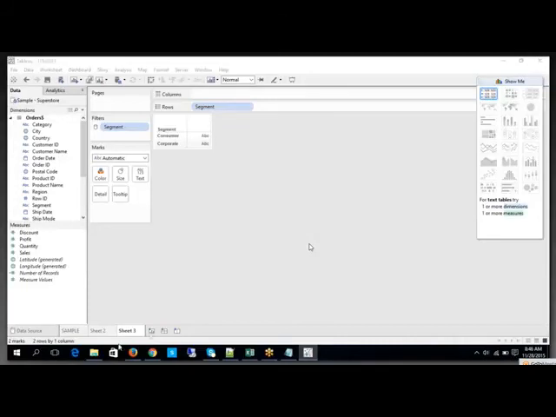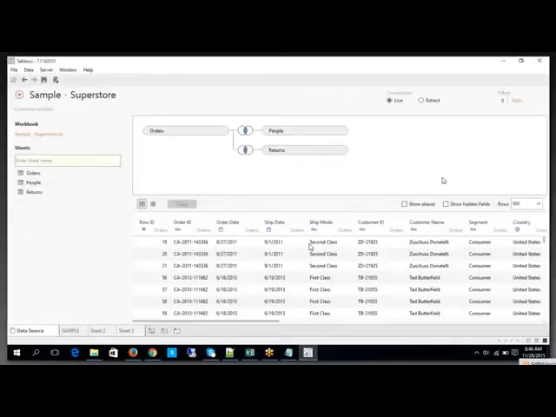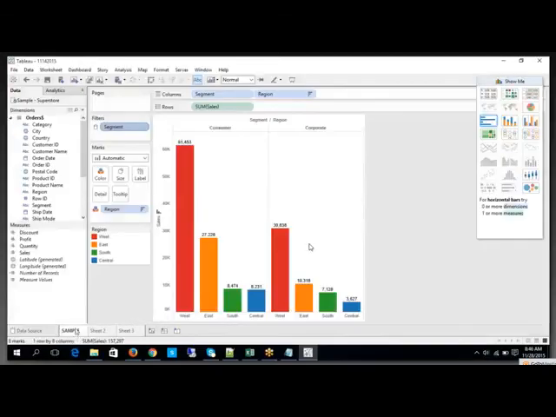Exactly, it's a good point. With a data source filter, you are filtering at the data source level itself, which means before retrieving the data into your worksheet, you have applied a filter. But here, it is not like that.